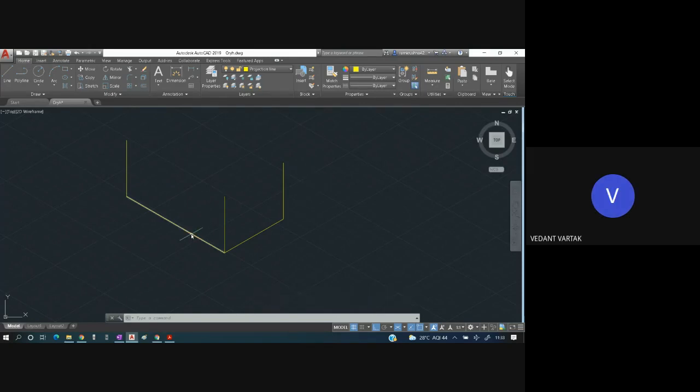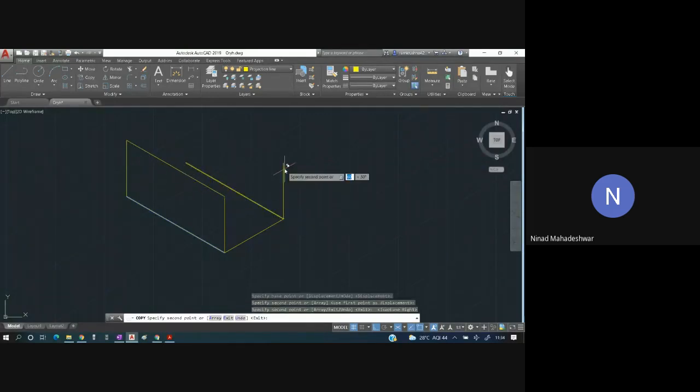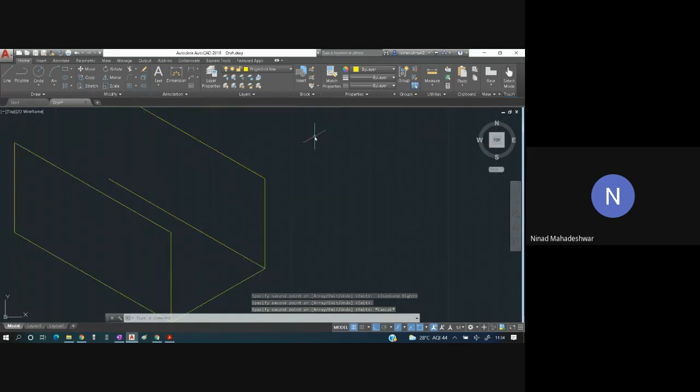Similarly, copy this part. This is the base point. Where you have to copy this, you can copy it over here. Next I will change the plane. F5. If I press F5, along y direction I will copy it at this endpoint, and I can copy at this endpoint. So I have copied it to three endpoints.